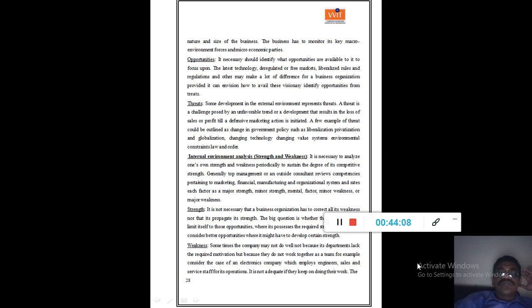Then coming to internal environment analysis, that is strengths and weaknesses. External means you have to see the opportunities and threats. Internal environment analysis means you have to see strengths and weaknesses. And strength. So strength means, see,